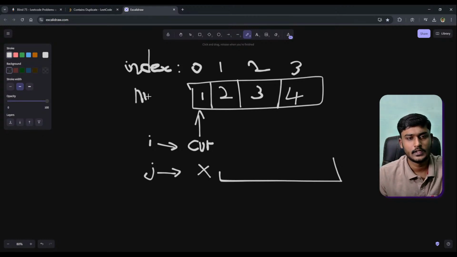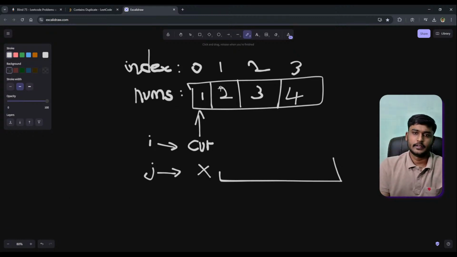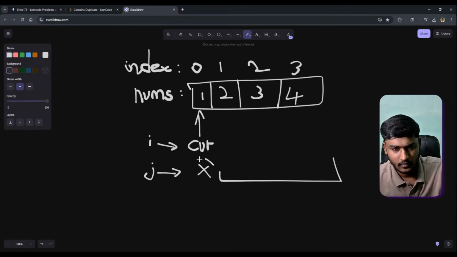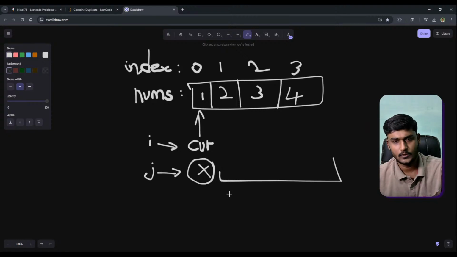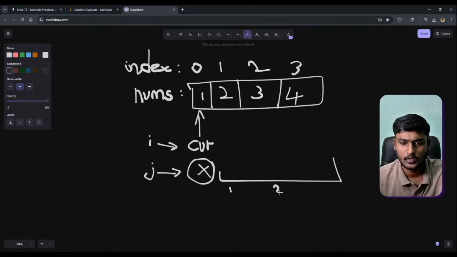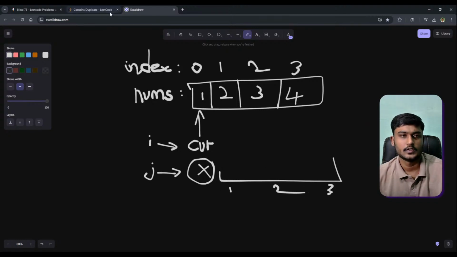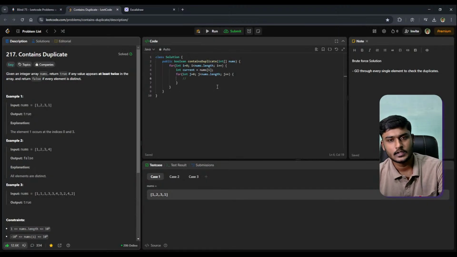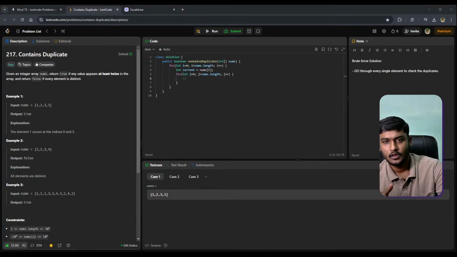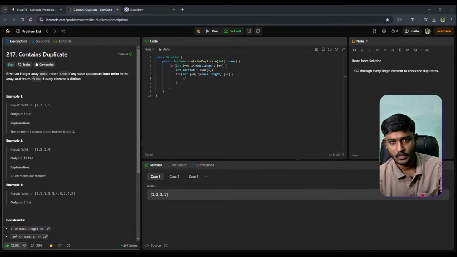So the array and the index, right? We don't need to check this particular one. We can directly start from 1, 2, 3. So that's why in this code, instead of starting from j equal to 0, I'm going to write j equal to i plus 1.